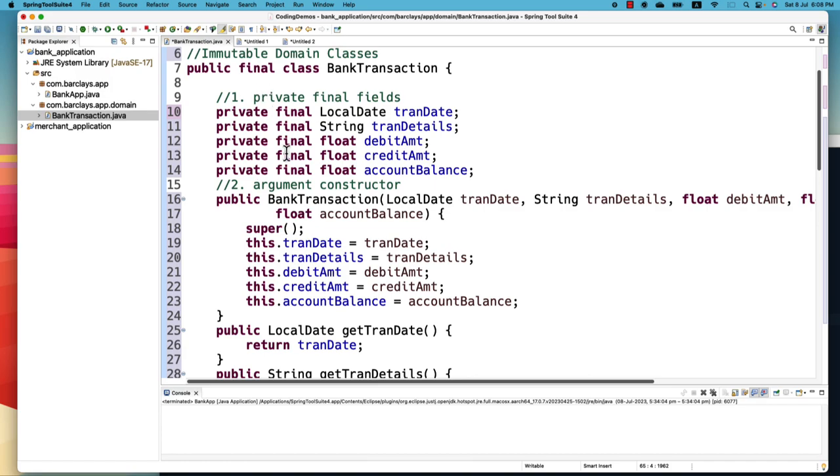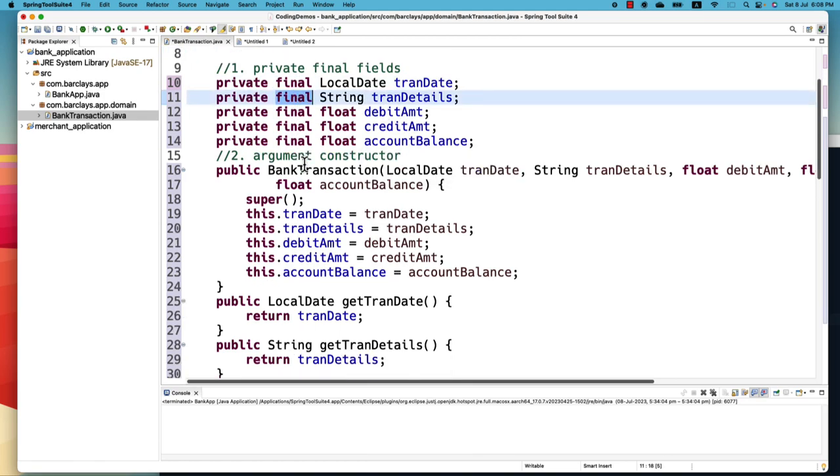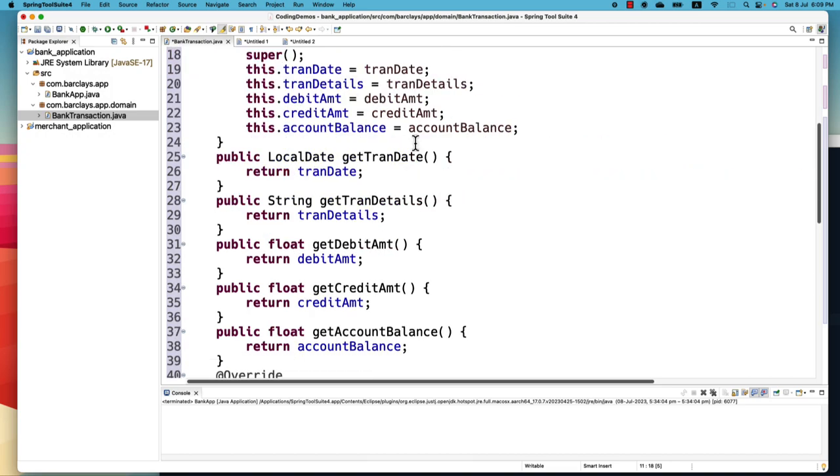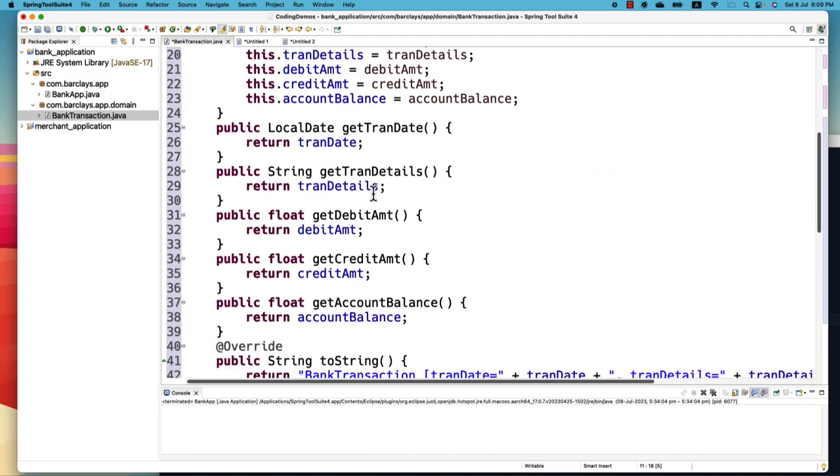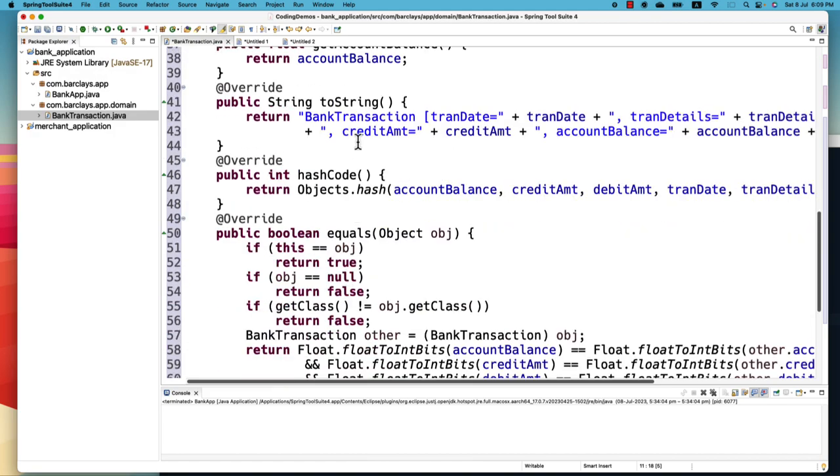So the rules are: a class should be marked as final. It should have private fields, marked as final as well. And we need to have an argumented constructor in order to initialize the values for these fields. And we have the accessor methods, that is the getter methods. And we have the traditional ceremonial code like the toString method, hashCode method, and equals method. Now, if you